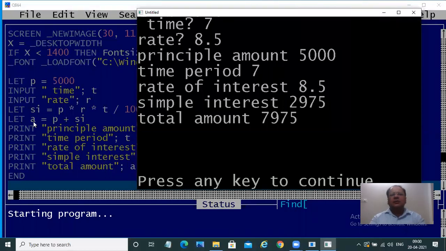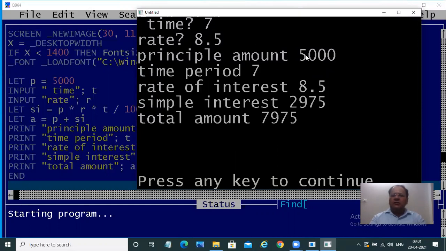And the total amount, that is this amount plus your simple interest, that is your total amount which you will get back is 7,975. So adding this amount to 5,000, you get the total amount. Now what happens is, in this program, you have fixed the principal amount. So all you can do the next time is run it, you can only change the time and the rate. You can't change the amount.